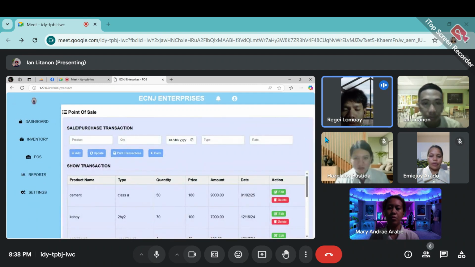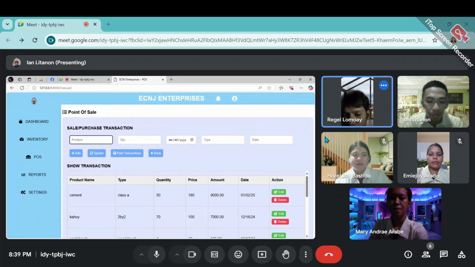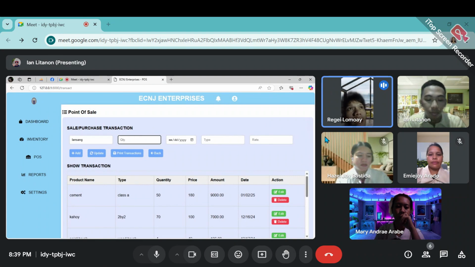So in our transaction, we can see here the fields that need to be filled in. For example, if the customer wants to buy an item, Mr. Ayantan can perform it.